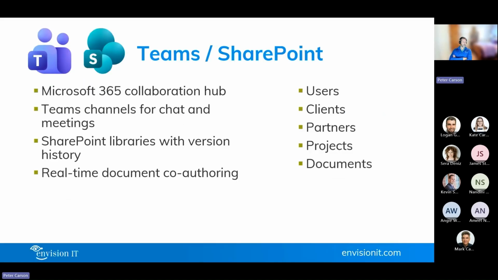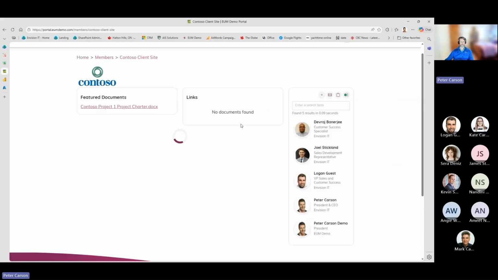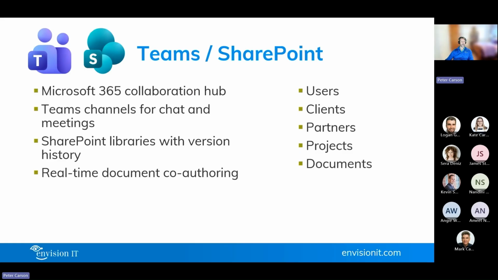And then there's Teams and SharePoint. So underneath that site, you can't really see it here. There's links to the SharePoint and the Teams behind this. So all the documents related to the project are available through Teams and through SharePoint. And we have a standard template. We actually create a new channel for each client. We connect that to its own site collection in SharePoint, and we've got a structure around what do we share with the client and what do we keep private on our side. Again, we'll share those details in later sessions when we get into the push side of it.